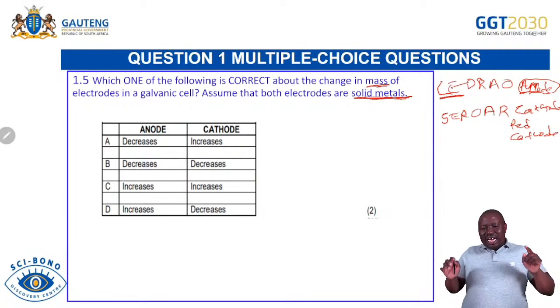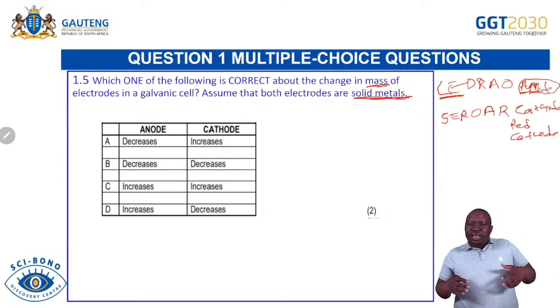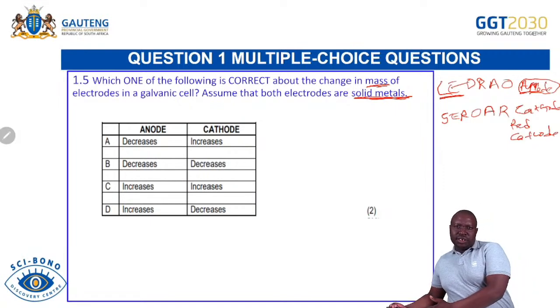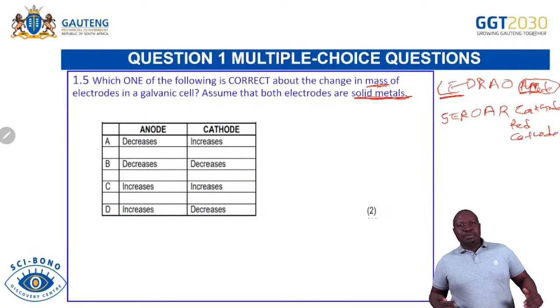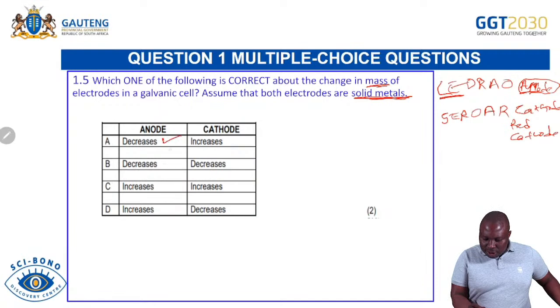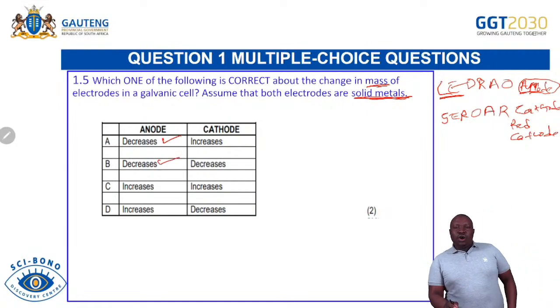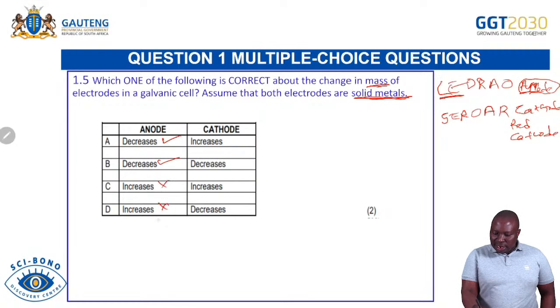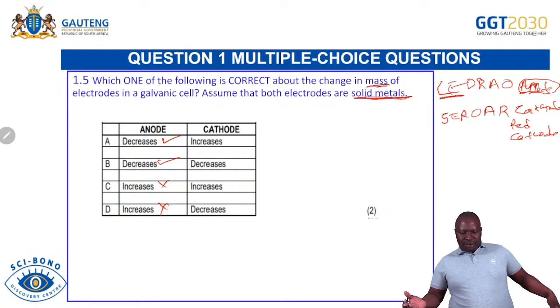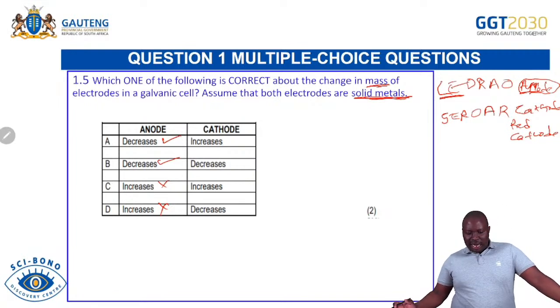It decreases in mass in a galvanic cell if the first condition is that it must be solid. The solid, when it loses electrons, decreases in mass. You will understand that. So we're saying the anode will decrease in mass. So we have two options that decrease in mass, A and B, which means options C and D are disruptors. Don't forget, get rid of disruptors, because instead of having 25% chances of getting the right answer, now you have 50% chances of getting the correct answer.